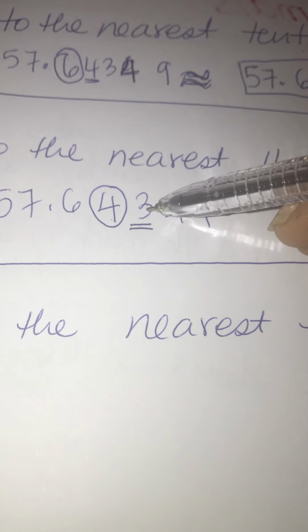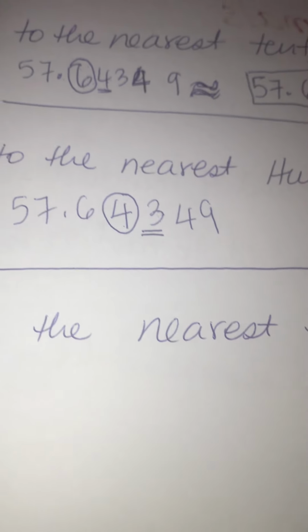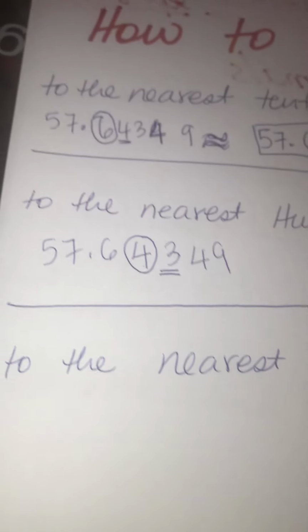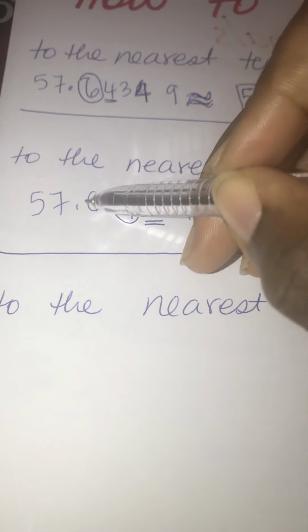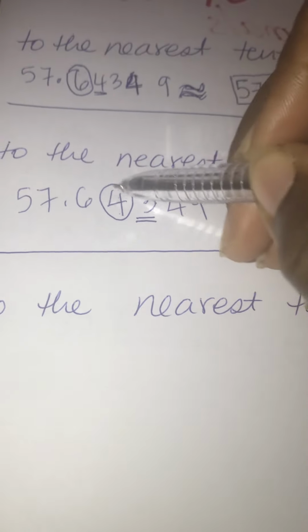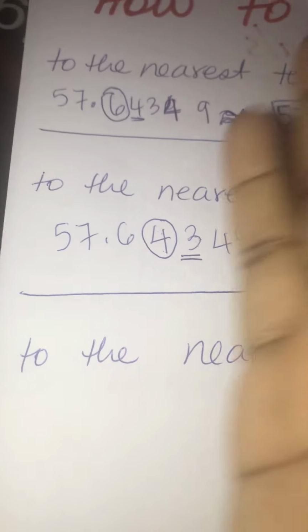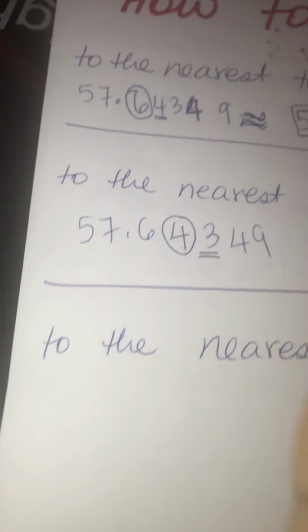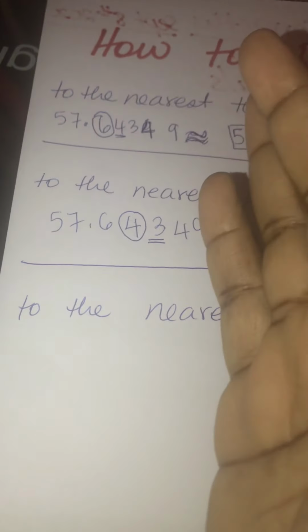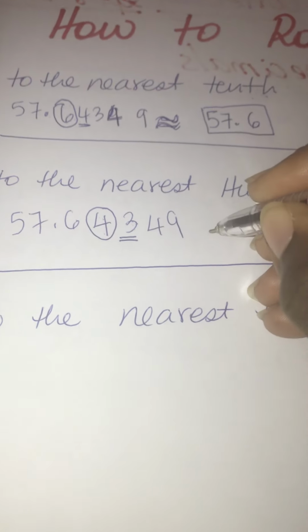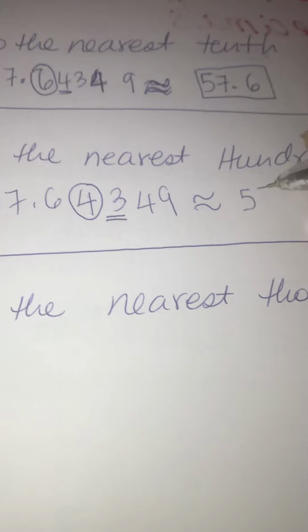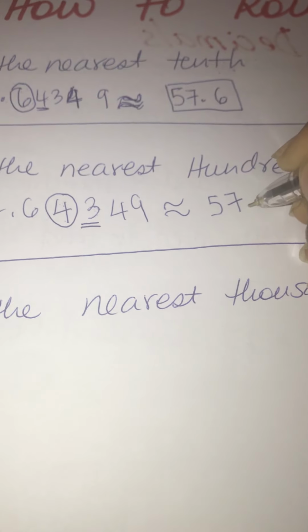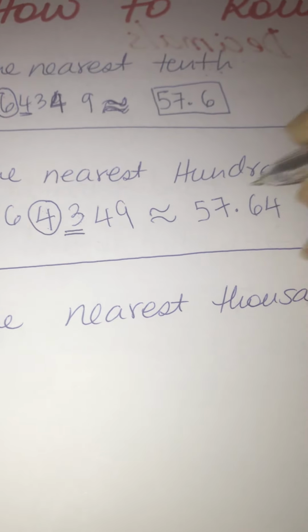The minute I say no, then I don't add to my circle. Okay? Now, what is my answer? My answer should only have 2 digits after. And when you're writing, write from the circle and everything to the left. Okay? Everything to the left. So the answer to this is approximately 57 and 64